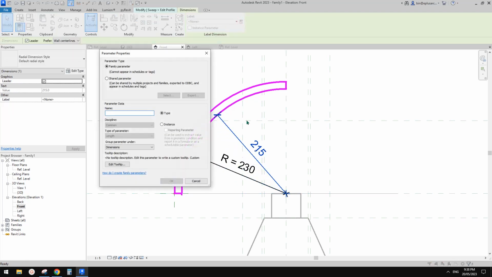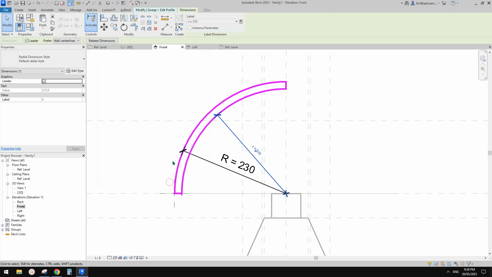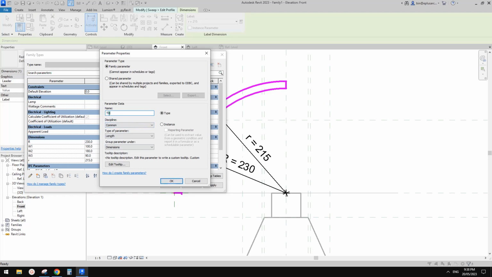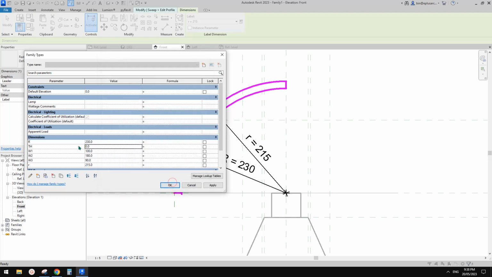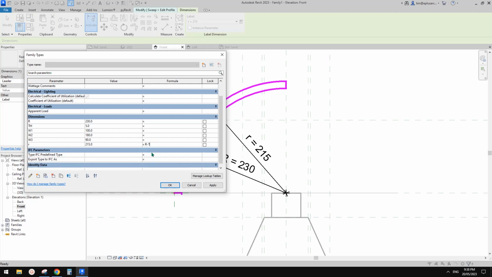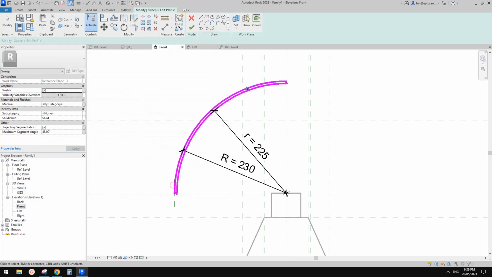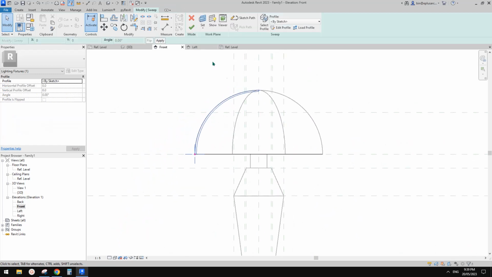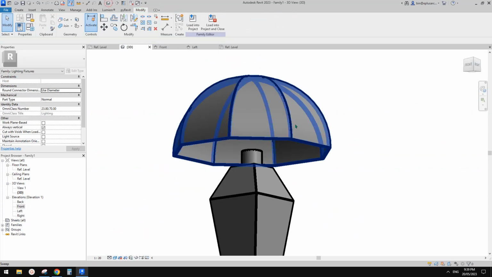And then we just need to add another radius. So this time, let's call it lowercase r, and then we can add another parameter. So let's call it maybe thickness. So we can make it 10 or 5. Okay, maybe 5, and then we can just use a formula. So lowercase r equals capital R minus thickness. So this will give us a 5 mil here. So yep, everything's good. Finish. So and finish. So now you will see, go to 3D view, it becomes